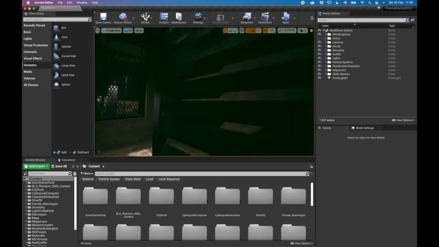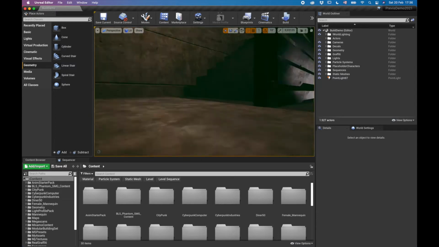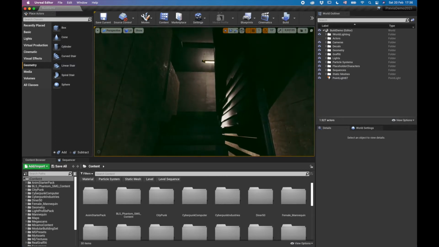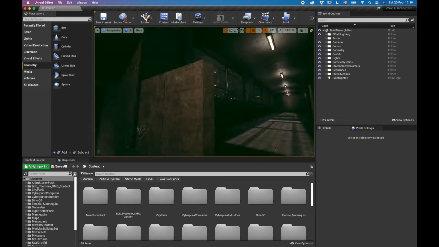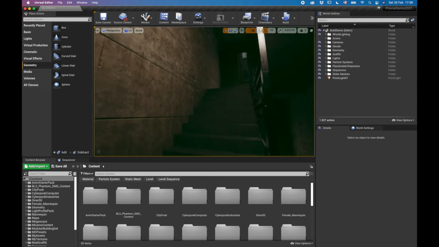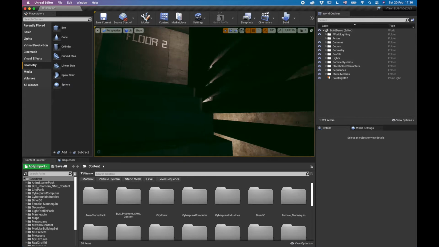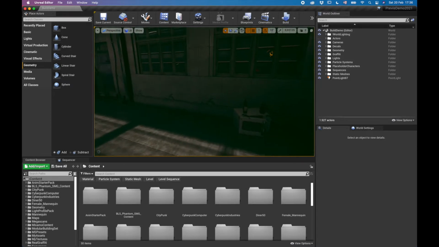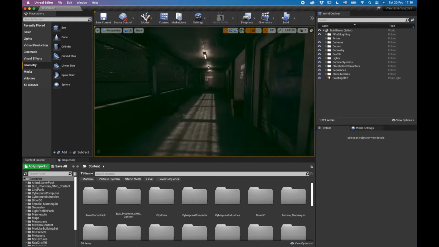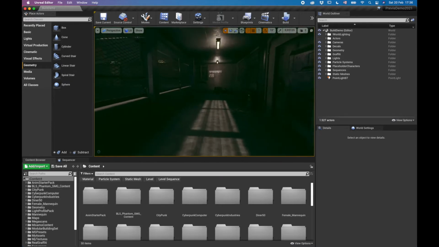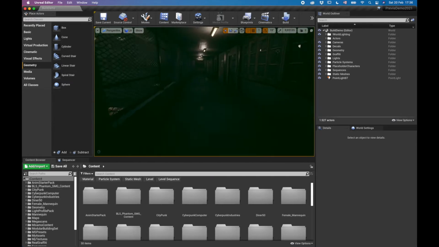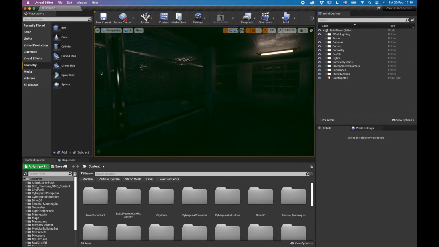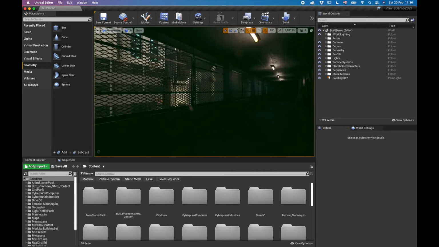It's all very detailed. So you can go up the stairs, keep going up. There we go. You've got one of the apartments here. I think the second floor was the one, yeah, second floor. This one you also get to see in the trailer, right? And basically it's like an inner courtyard with all these apartments everywhere in a dystopian type of place,